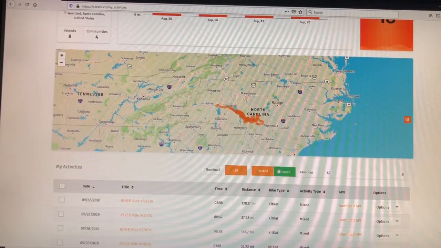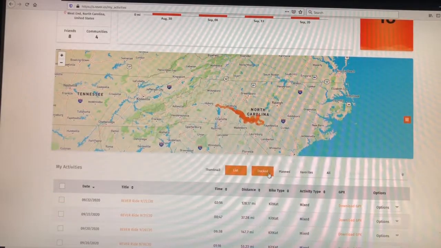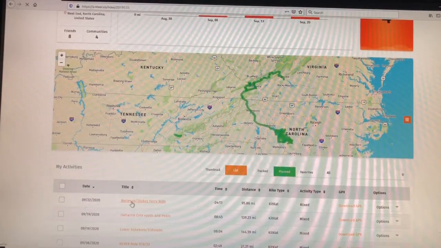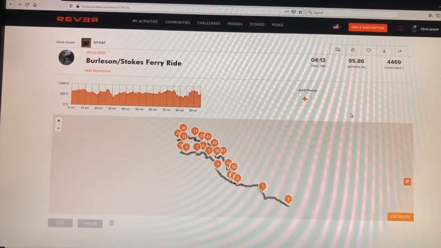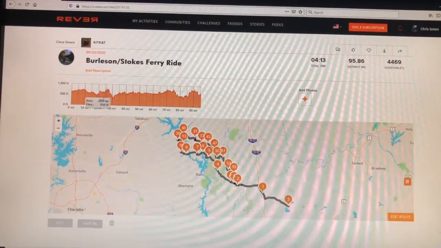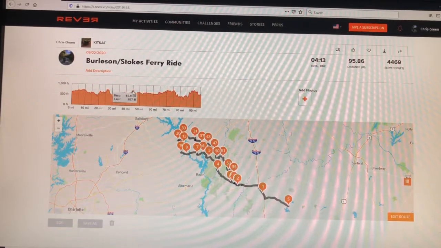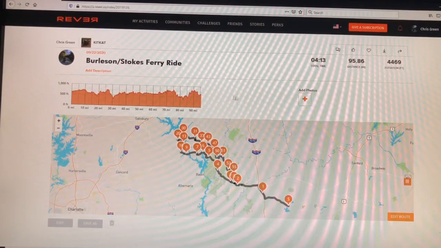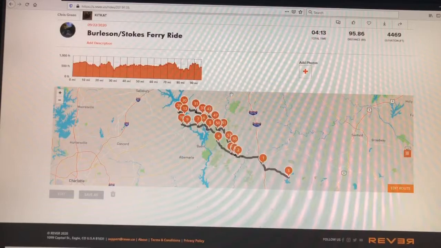So right here under the map, you can list out or thumbnail the rides that you've already done, your tracked rides or your planned rides. So this was a planned ride. I planned this ride this morning. I click on the title, brings up a cool elevation profile. You can even drag the little slider across here, what distance, what elevation you are. Pretty cool. Everything here is under 1,000 feet, but quite a bit of up and down once we got out here